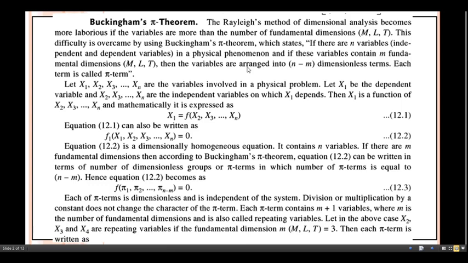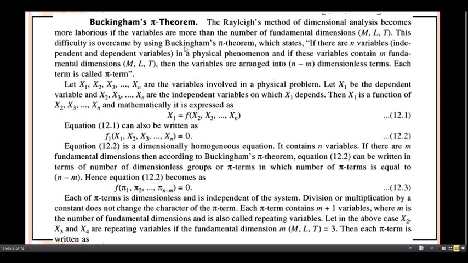In the previous lecture, we discussed the dimensional analysis method, that is Rayleigh's method. If the number of variables is large, then with that method it is very difficult to get the dimensions of the various required physical quantities. The fundamental dimensions are mass, length, and time. When more dimensions are included, it is very difficult to get the solution using Rayleigh's method. So this can be easily